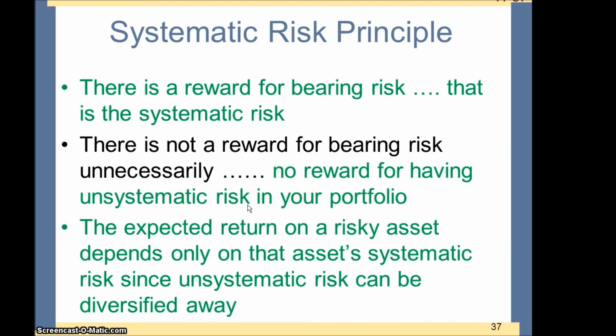If you diversify away the unsystematic risk, then you need not bear the risk. So since you can diversify away the unsystematic risk, there is no reward for bearing unsystematic risk in your portfolio. Alright, as we say, the expected return on a risky asset depends only on the asset's systematic risk. Why? Because systematic risk is undiversifiable, and the unsystematic risk can be diversified away. Alright,